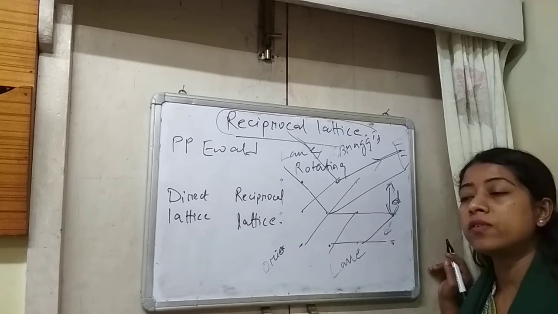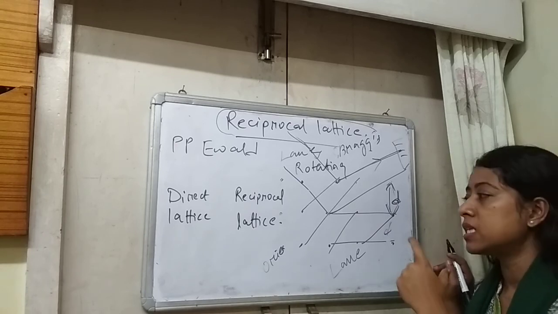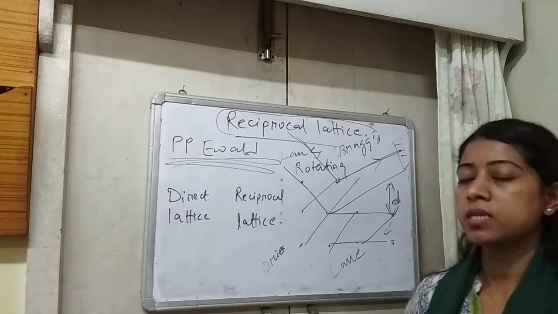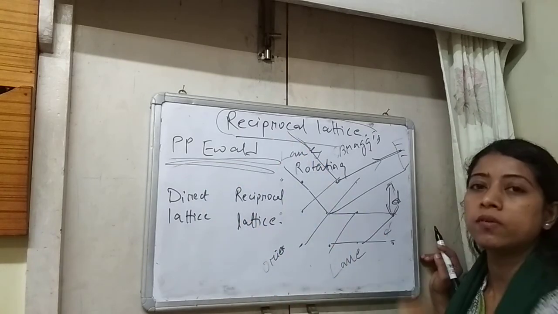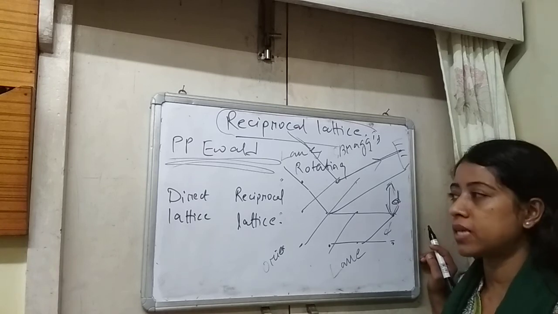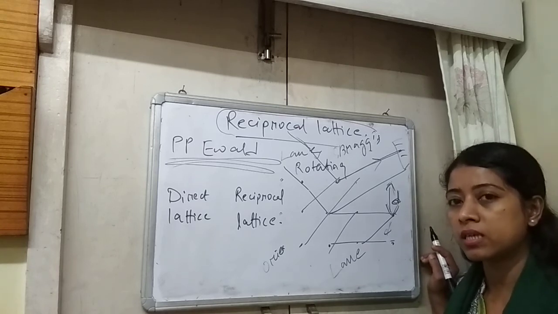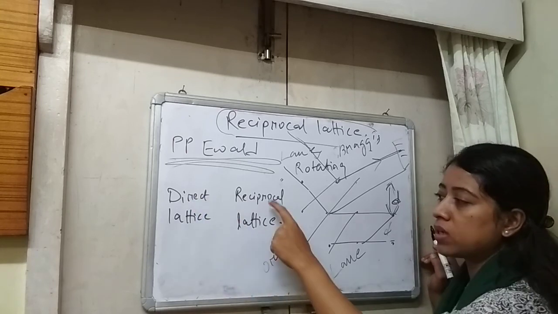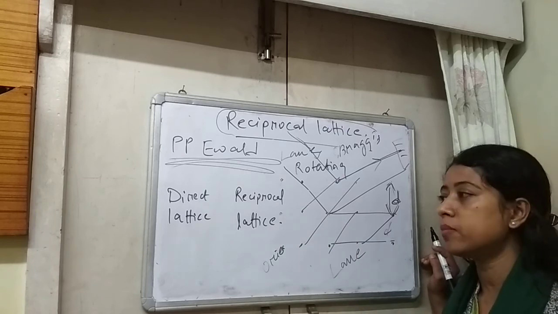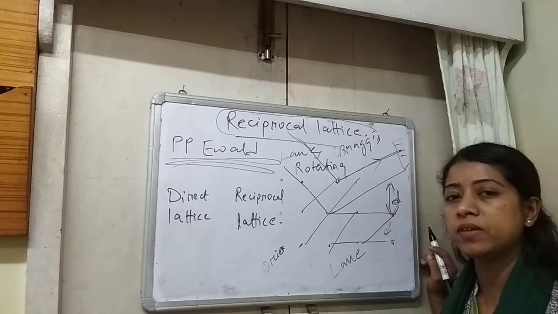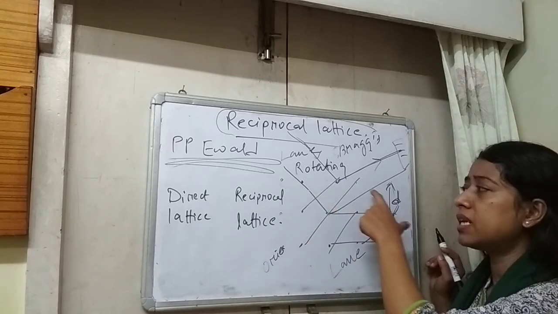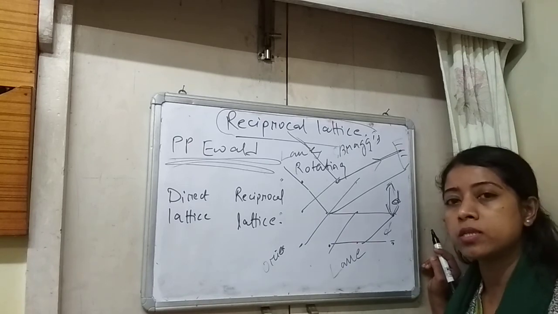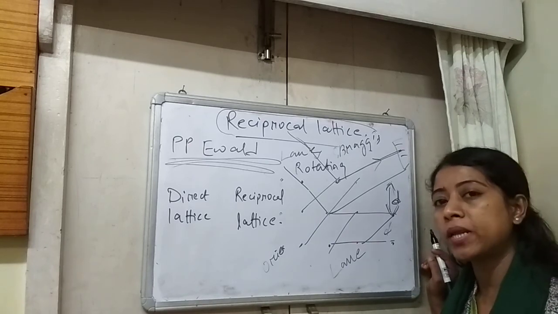In order to overcome all this difficulty in studying the X-ray diffraction of crystals, Ewald introduced the concept of reciprocal space, which means that whenever we talk about crystal structure, there will be two lattices: one is the direct lattice and one is the reciprocal lattice. The direct lattice is nothing but what we have already discussed in our previous slide. We have a collection, a set of points, and we join the lattice points using different vectors and obtain the unit cell.